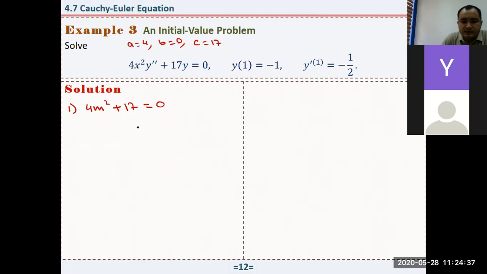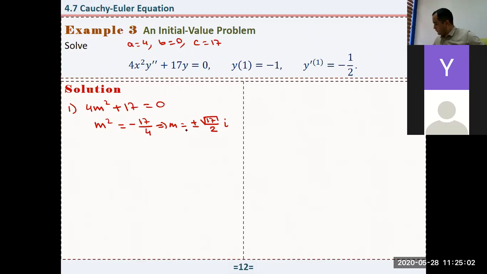Okay. So from here, m² is equal to −17/4, or from here, m equals plus or minus square root of 17 over 2 times i. Looks a bit different, but